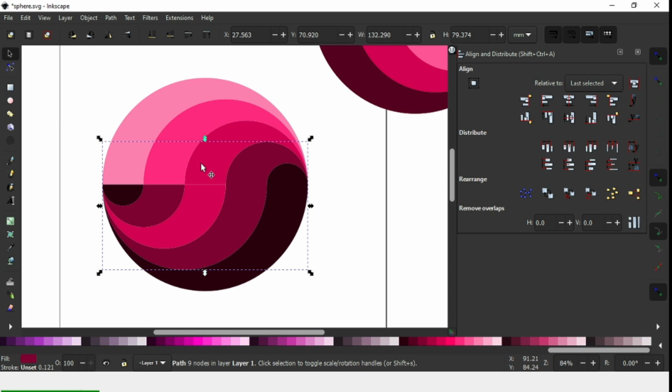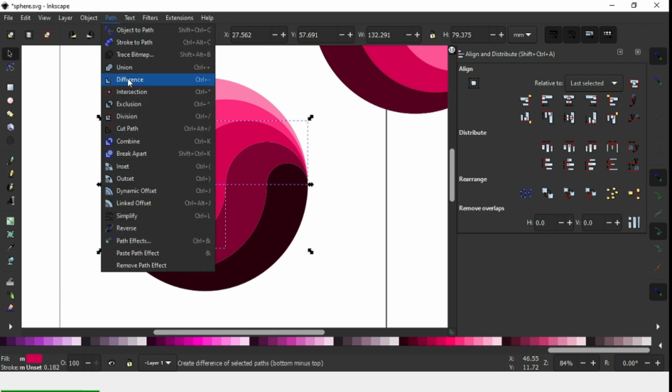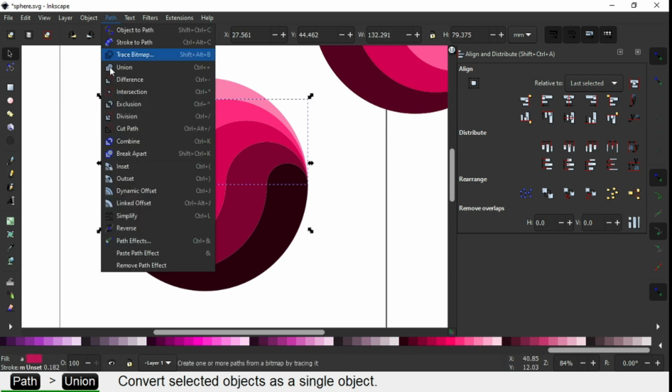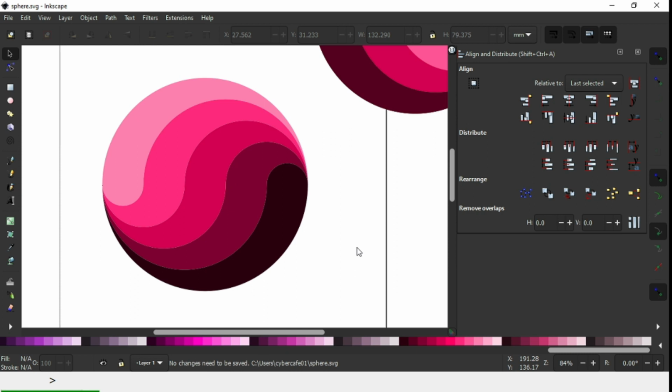Again select these two and click on Union. Again click on Union. Now select these two and click on Union. So guys, our basic shapes are ready.